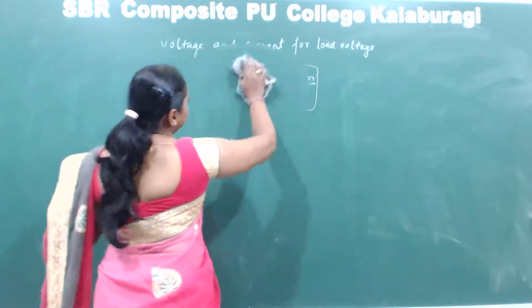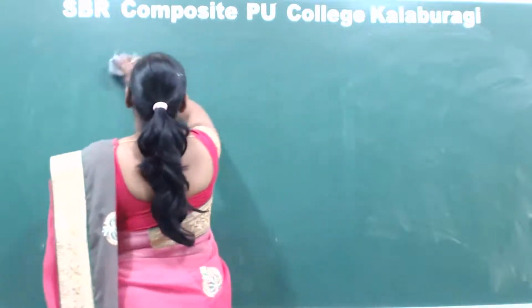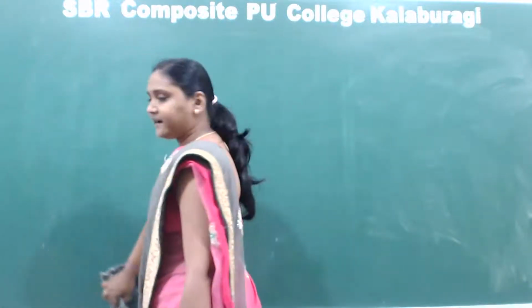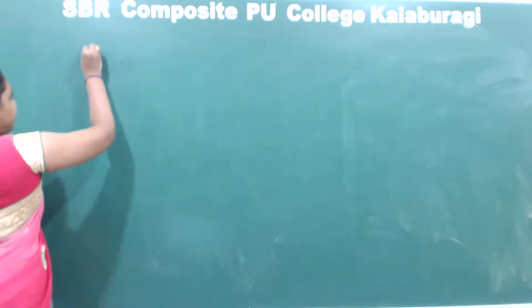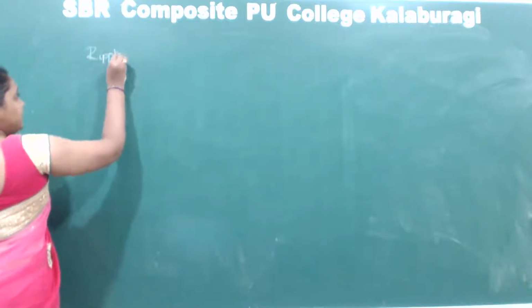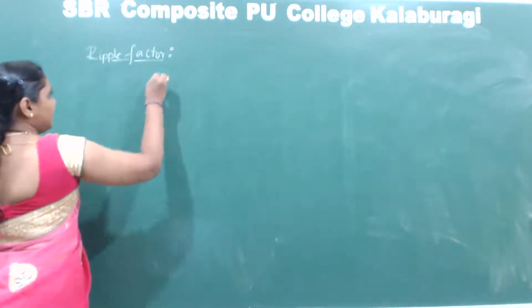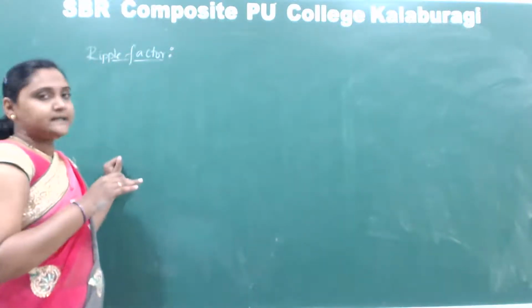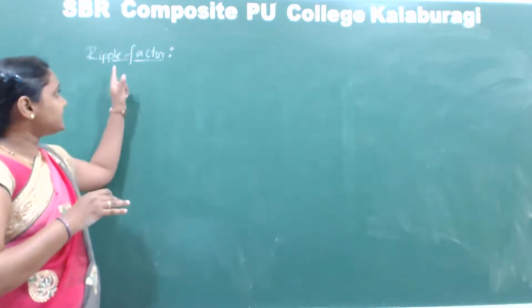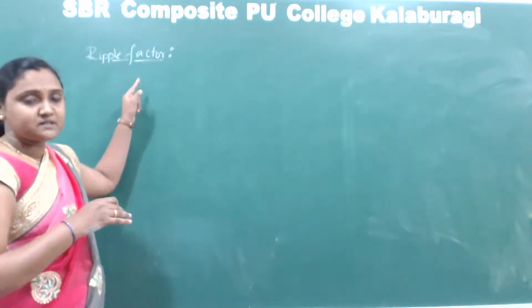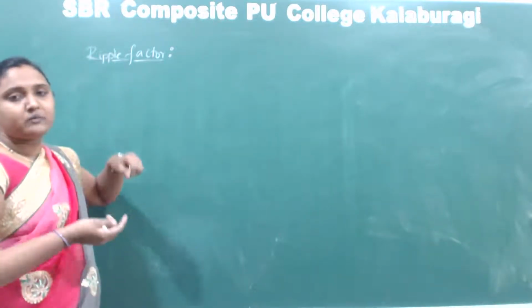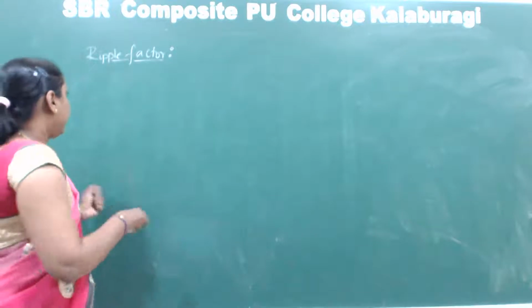Now we will see the next two important terms, the expressions for ripple factor and efficiency, which are very important. So, ripple factor. I have already told you what ripple is. It is the presence of AC still in the rectified form of DC, and that is called ripple. Now what is the ripple factor? Ripple factor gives a mathematical measure of how much ripple is present in the signal. And it is given by the